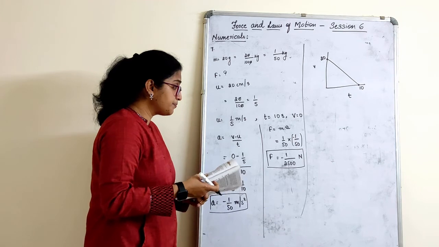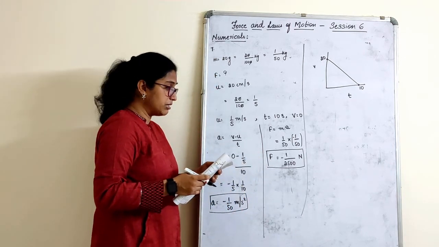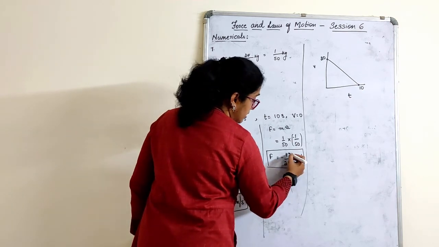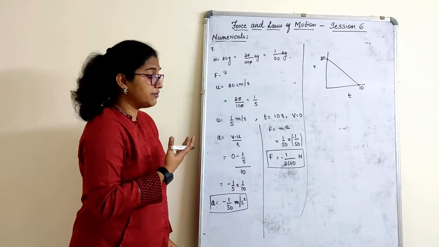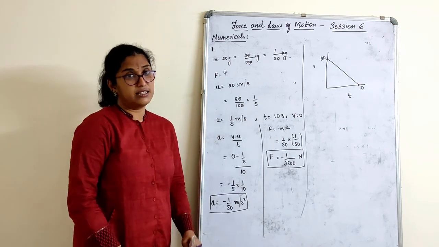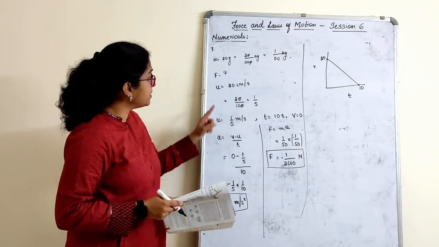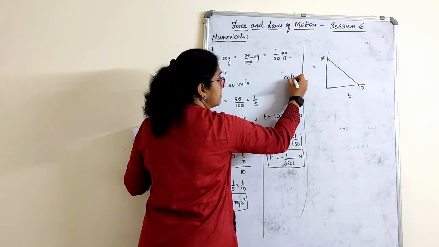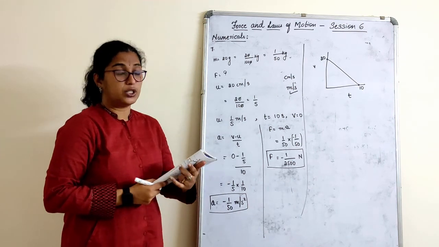Now here children, it's the same thing. The answer is in terms of 0.0004 Newton. It's correct what they have given. You can find out. See, so many zeros are there. So how many zeros do I have to take based on that? 25 fours are 100, right? That we can do by cancellation. Do that, you will get the same answer, or you can keep it as it is. That's up to you. But the main thing is that in the textbook there is no conversion shown for centimeter per second. Always remember, we have never used centimeter per second anywhere. It's always meters per second that is the right unit to be used.